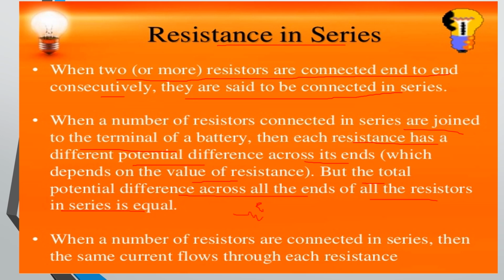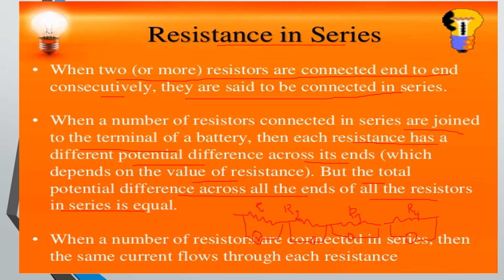One more time I will draw. This is the first resistor, second resistor, third resistor and fourth resistor: R1, R2, R3 and R4. In the series connection, we are going to observe an individual potential difference; each carries its own potential difference. So obviously you connect the voltmeter in parallel to the R1 resistor: V1, V2, V3 and V4.